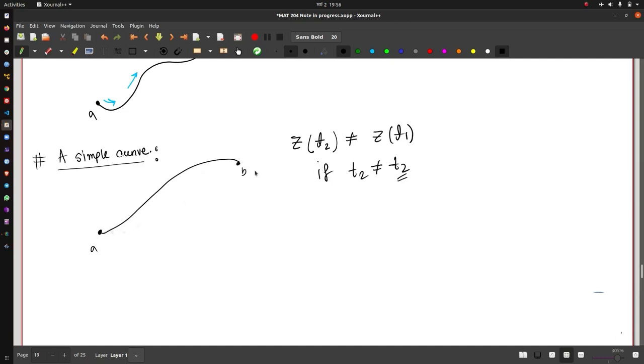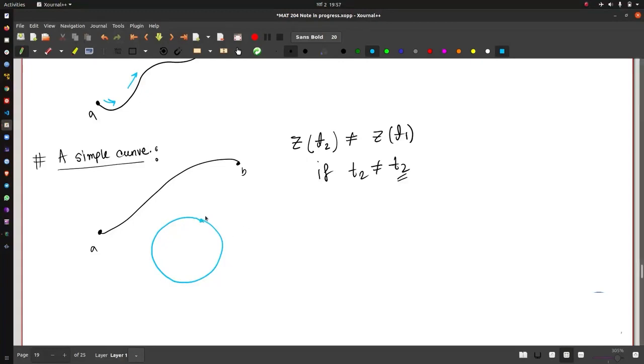Even though it does not intersect itself, we can have simple curves that close on themselves. That means we can have something like this. A circle, say. See, it does not intersect itself. The starting point and the ending point are the same, so that's why I'm using the word enclosing. So this is also a simple curve,